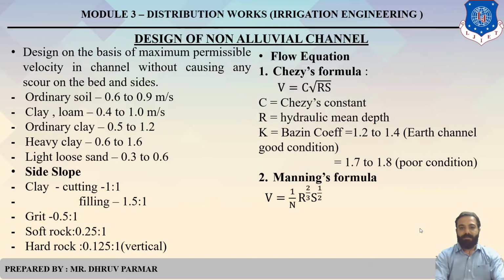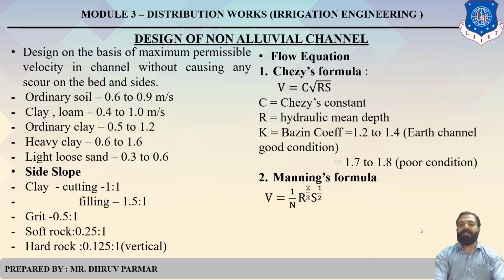How can you find the discharge, and then the particular width and depth of that non-alluvial channel? First of all, how can you recognize that a particular example is a non-alluvial channel? In the example, they describe the design of a non-alluvial channel and define some data like discharge, velocity, width, and depth. There are some basic criteria for that design.